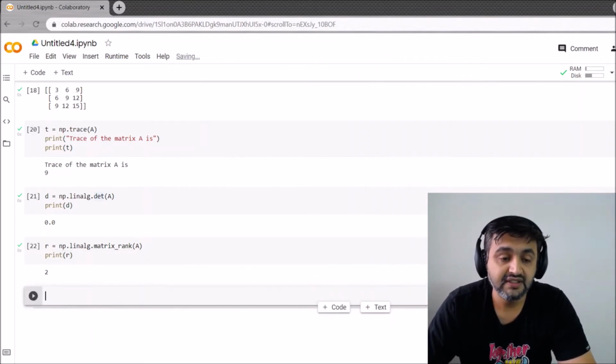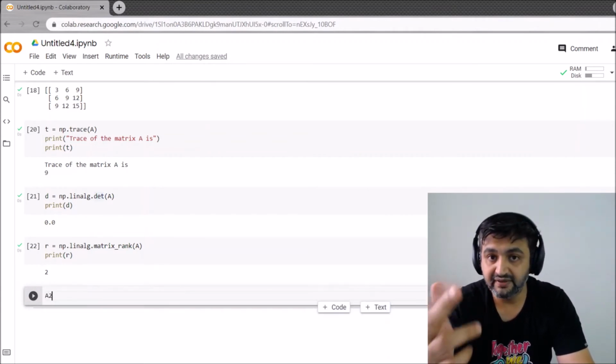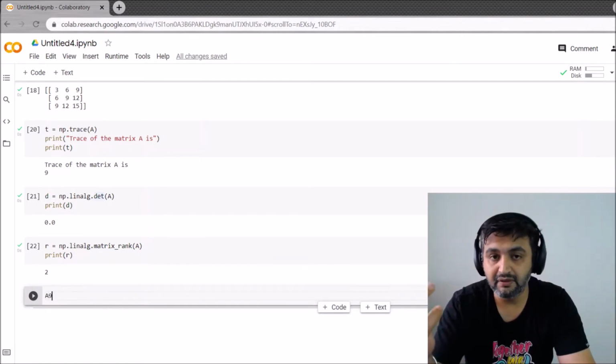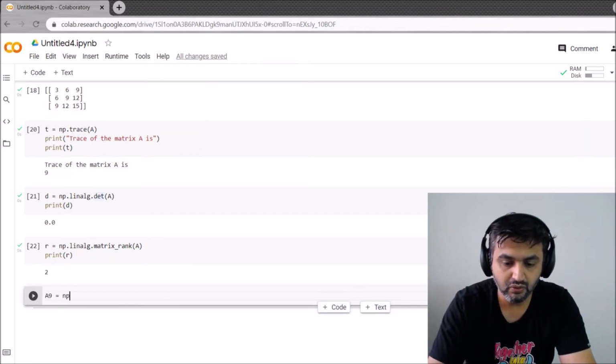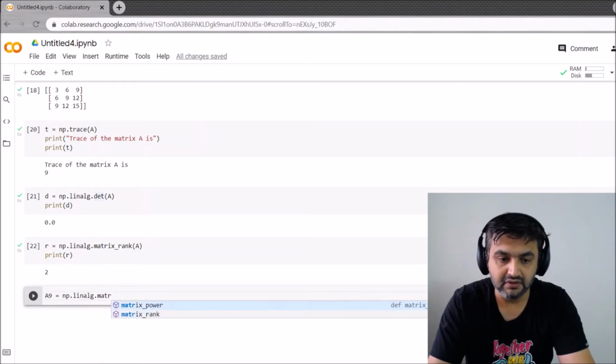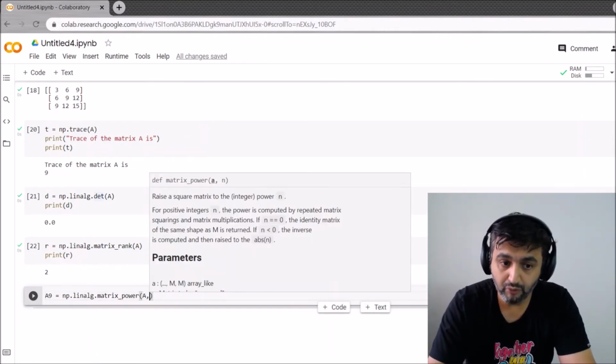Okay, what is the next thing? If I want to find power of a matrix, suppose I want to find second power, A square, or suppose a ninth power. So let me call a9 is equal to np.linalg.matrix_power. So you select matrix_power, and you have to give the matrix comma, which power you want.